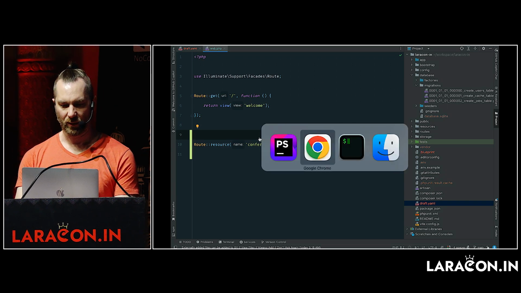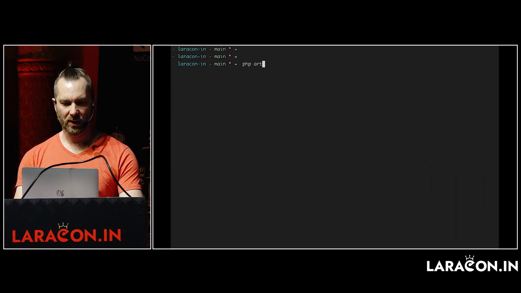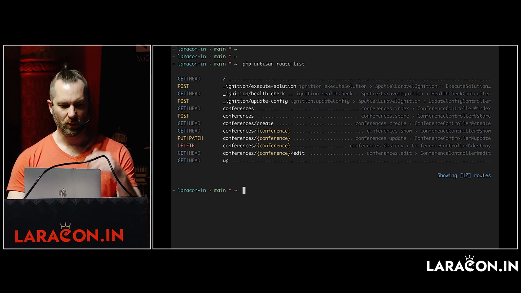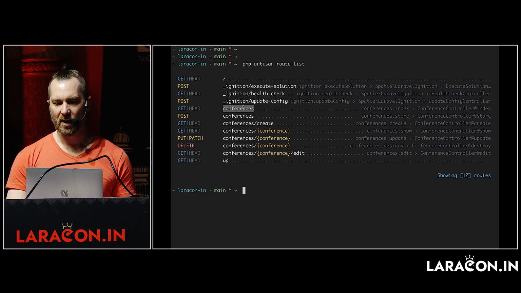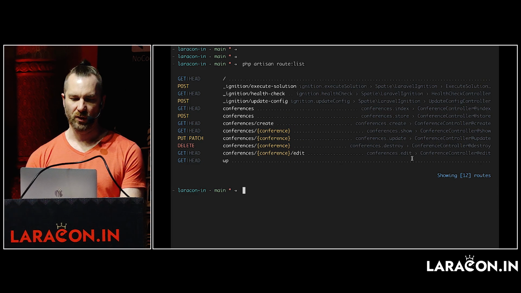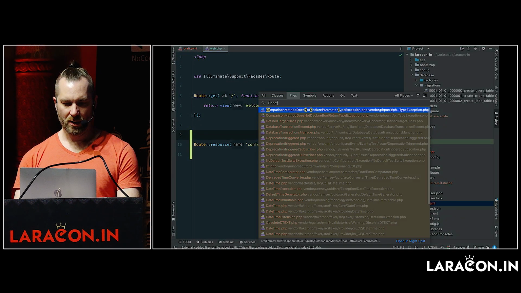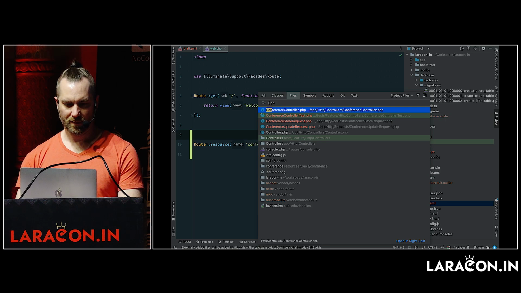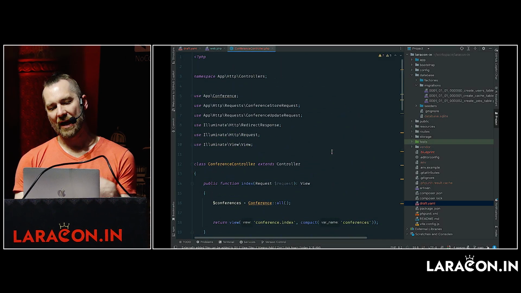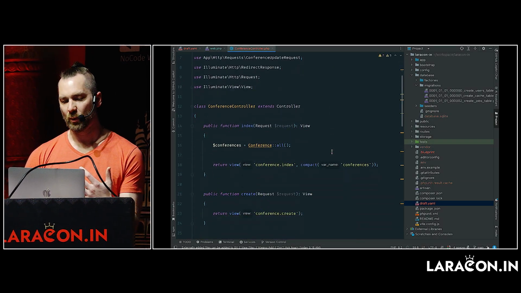And just to kind of prove that, we can use php artisan route:list. And there we go. We see that they registered. They're in the web thing. We have create, index, store, show, update, destroy, edit. So all of those 7 are in there. And again, fully generated code. And now in this case, we didn't necessarily customize them the way we did in the demo,